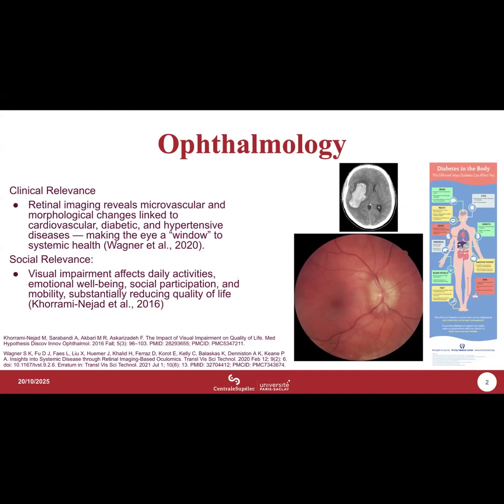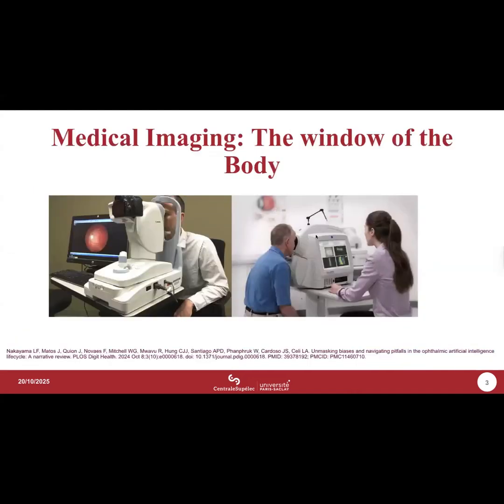But there is also another thing that is really important: if you have an eye problem, let's say blindness, something like that, this also affects the patient a lot in a social way, regarding how the patient will interact with the world, how the patient will do their own things, and even psychologically. There are some studies showing that patients have worse self-esteem if they have ophthalmological problems. So regarding that,